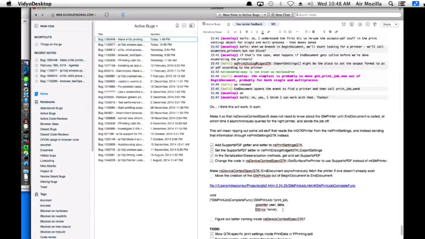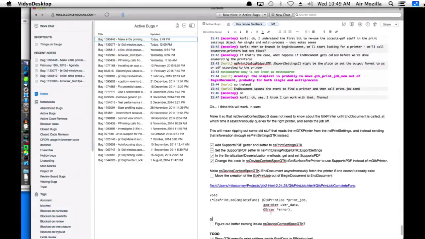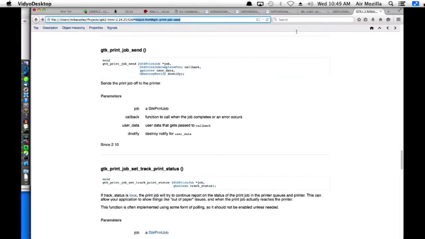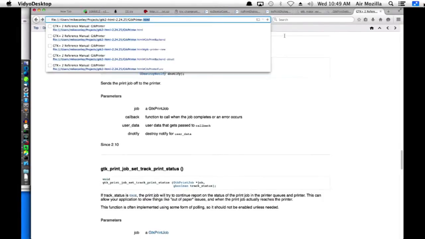I don't want to get too distracted. Click the wrong thing. There we go. Pre-formatted. Hey, monospace. It looks like code because it's blocky and weird. Okay, so that's the form of the thing we send off when we're finally done, and then we have to worry about the form of the callback for querying for the printers, and that's here.